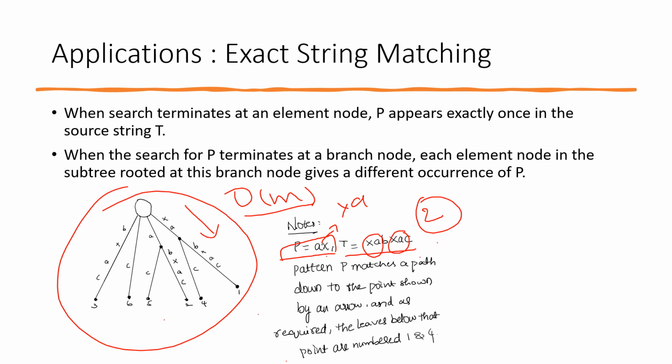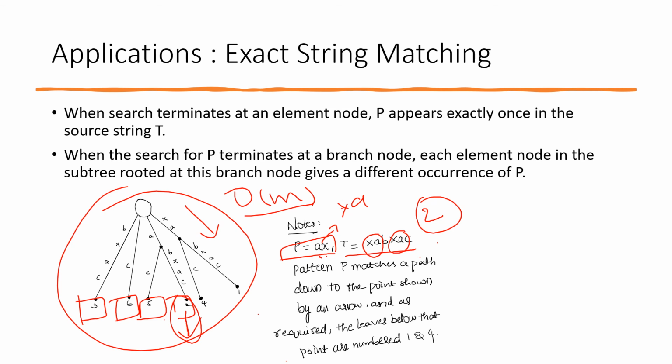For this pre-processing, we take O of m, as I already told, for a given particular pattern P. When we traverse, if we don't get stuck traversing the pattern, then the pattern is present inside the text. But when we are passing this AX, we get stuck. That means that this is not present inside this particular text. Each leaf in the subtree we reach corresponds to an occurrence. So if we reach a particular leaf node when we are traversing, this is the occurrence where we'll find it.